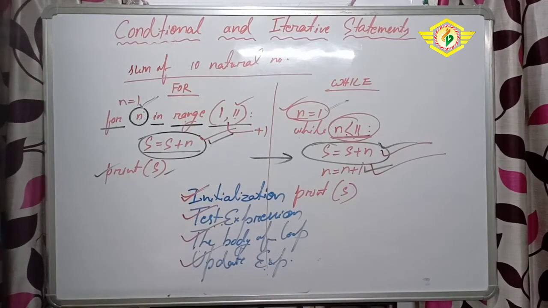So in a loop, these 4 elements are there, which maintain all the values, all the range, and whatever conditions we are giving. So these 4 are very important for a loop. These are the main elements of a loop. Okay, so let us take some examples by taking the loop.